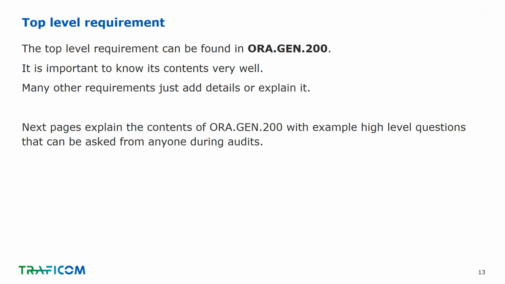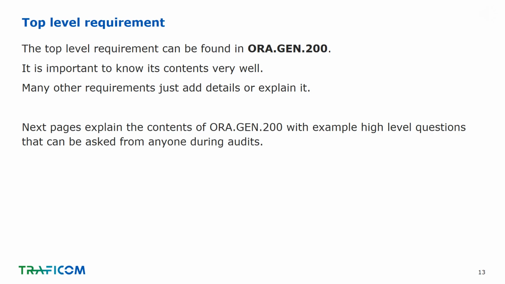Part Aura has the subpart Gen, as for general. It has a very important paragraph, Aura Gen 200. You should remember its contents. Many other requirements just add details to it or explain it. Those contents are presented on the following pages together with examples of high-level questions that you can use during any audit. Those questions apply to anyone through the whole organization, so you can start with questions like these when interviewing the top management or